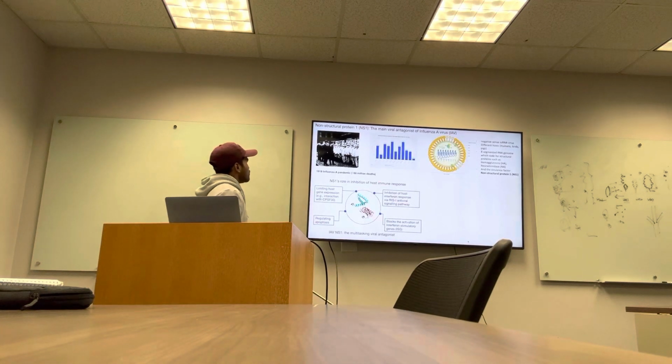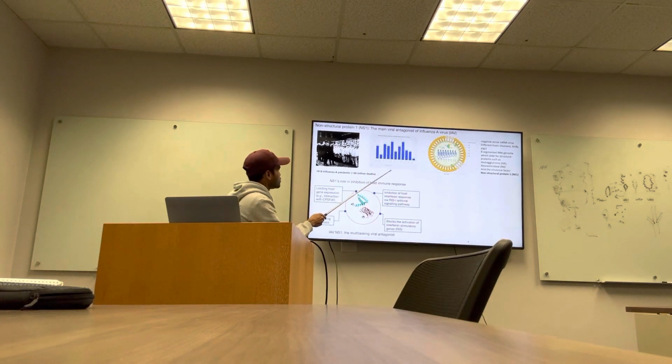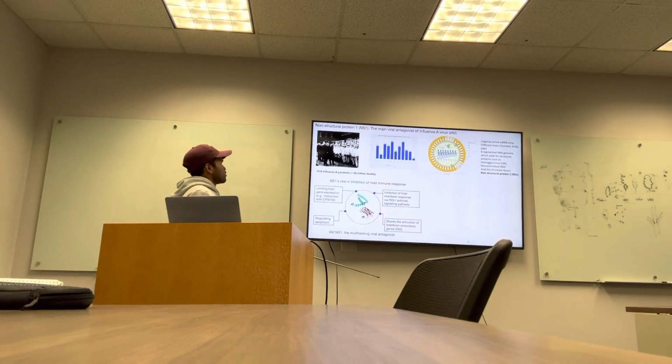Influenza is a major burden on human health as well as economics, and it causes seasonal epidemics and occasional pandemics. For example, the last pandemic, the 1918 influenza pandemic, resulted in the death of 50 million people worldwide, and this chart just shows that each year, on average, there are 30,000 deaths in the United States alone. So understanding how the influenza virus works and inhibits the host defense system is really critical.